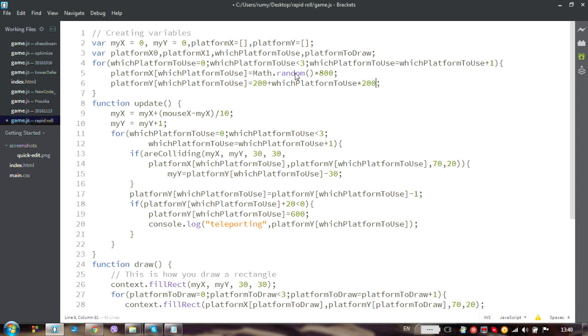This formula is going to evaluate 0 multiplied by 200 means 0, plus 200 means 200. So this is the smallest y that is going to be evaluated for platform 0. And for the last platform 2, we evaluate 2 multiplied by 200 means 400, plus 200 means 600. So my platforms are going to be at equal intervals of 200 pixels,